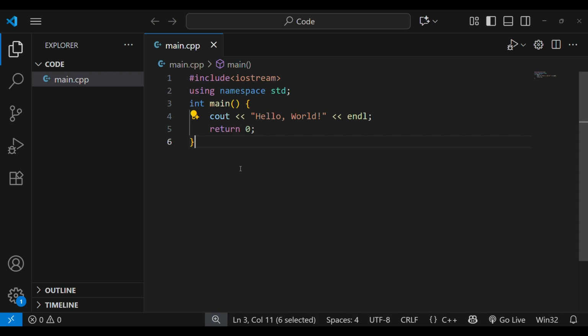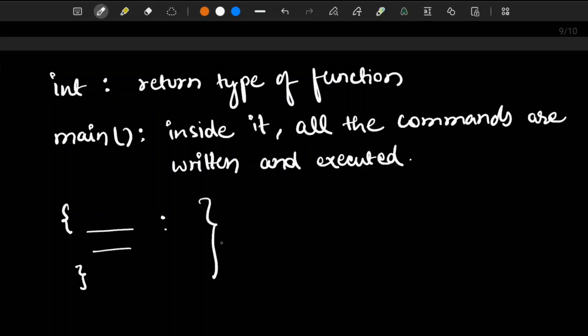And these curly braces, open curly brace and closed curly brace, all the code written inside the curly braces is said to be one block, also known as a particular function scope.